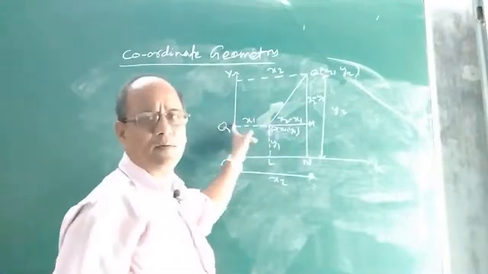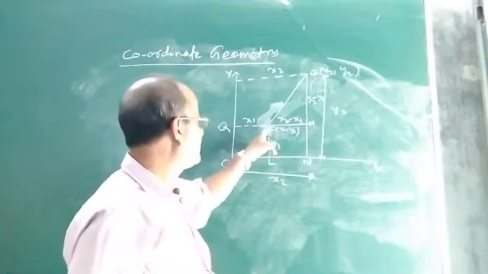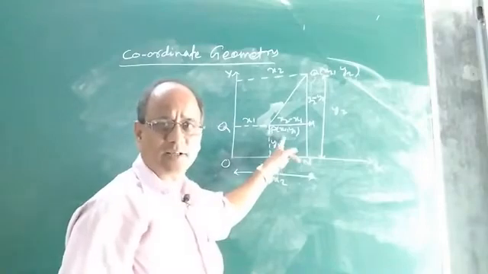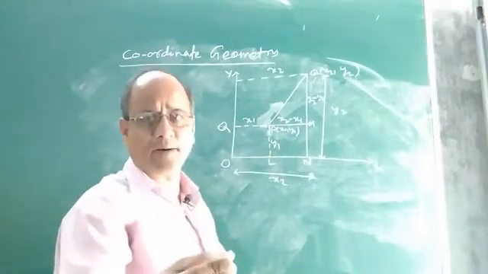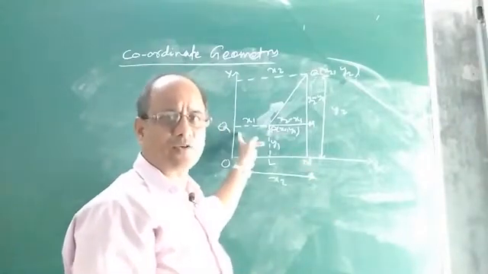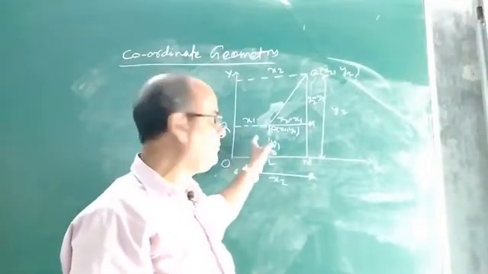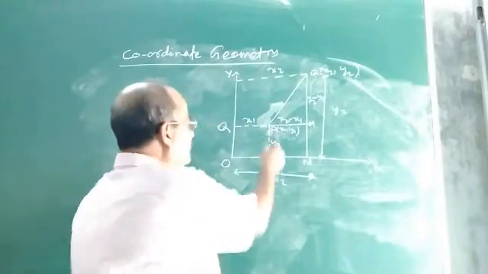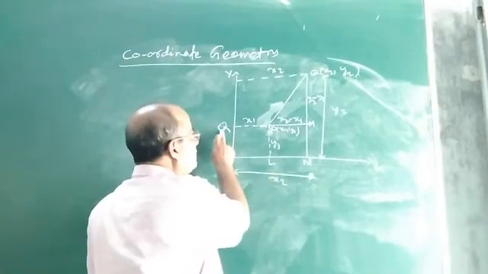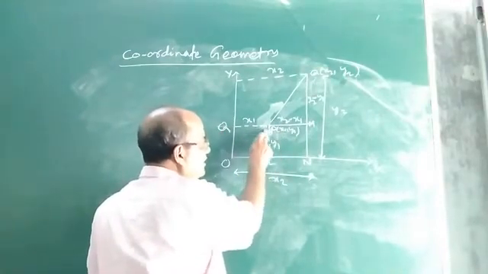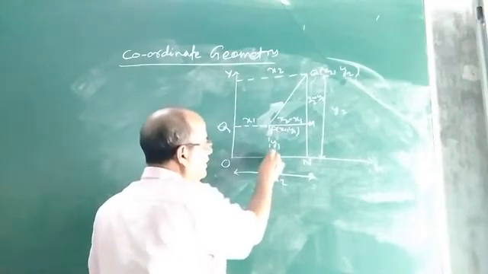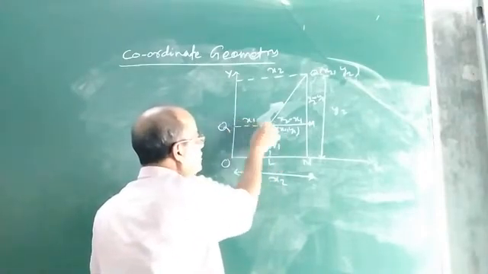The distance of the point P from the y-axis is x1. The distance of the point P from the x-axis is y1, because it is the y coordinate. The y coordinate of a point means the distance of the point from the x-axis, and the x coordinate means the distance of the point from the y-axis. So as the coordinates of P are x1 and y1, its distance from the y-axis will be x1 and its distance from the x-axis will be y1. That means PL is equal to y1 and the other segment is equal to x1.